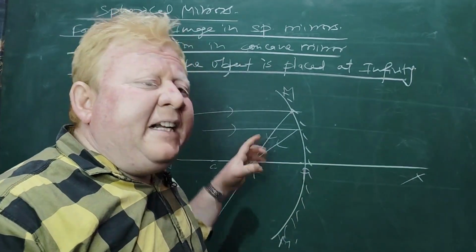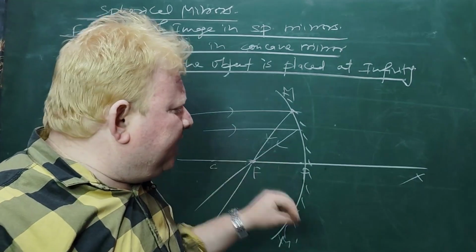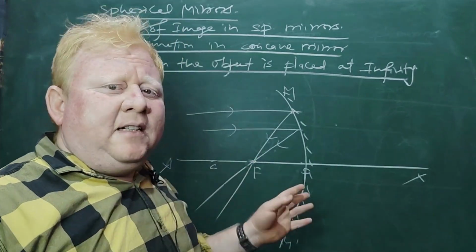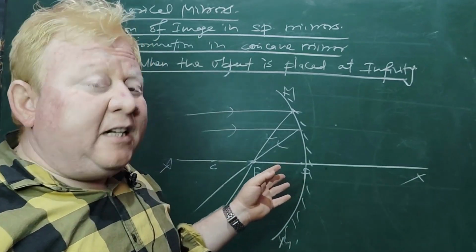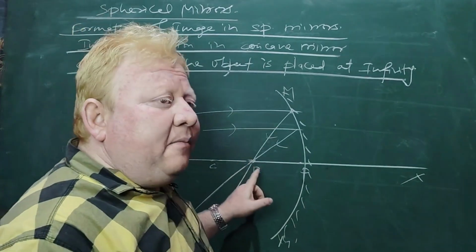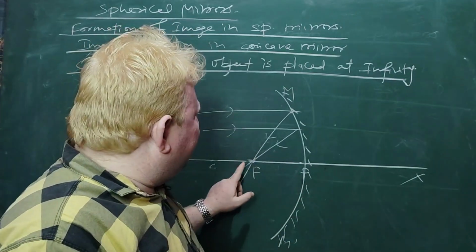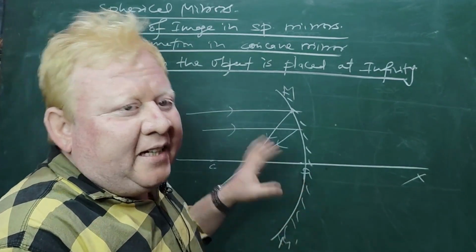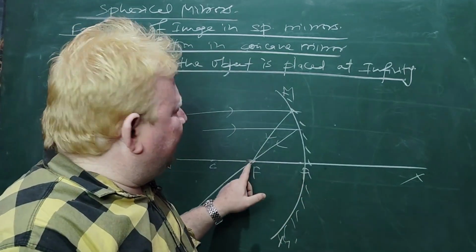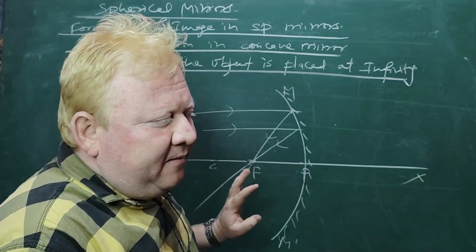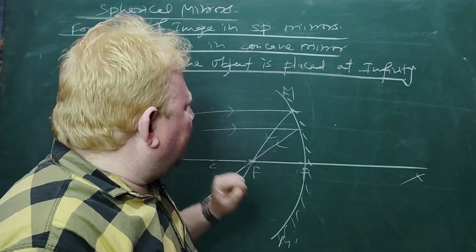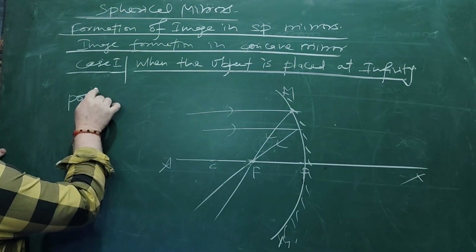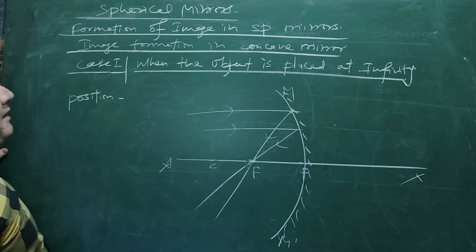Of course it is extremely diminished, point size you can call. No matter whether an image is erect or inverted, a real image is always inverted. So that's why here we consider it real, inverted, and highly diminished, point size. Okay, so what is the position of object? This way you will write. In exams they also ask